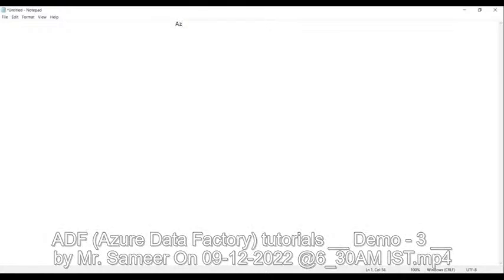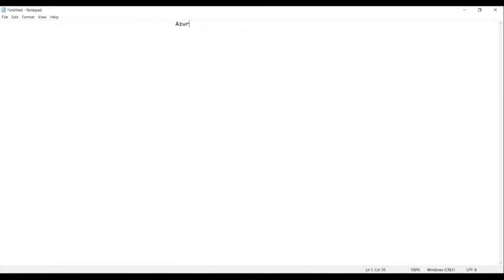Okay, guys. So let's start with Azure Data Factory. Now tell me, everyone, what is Azure Data Factory? It is a service, basically. This is not a software service. It is a service provided by Microsoft to perform the job of